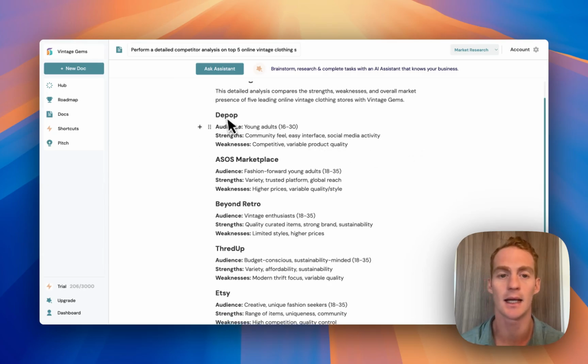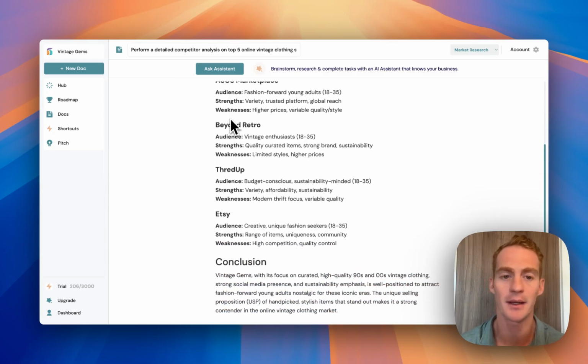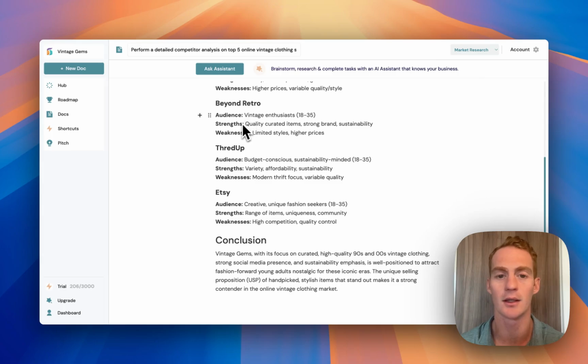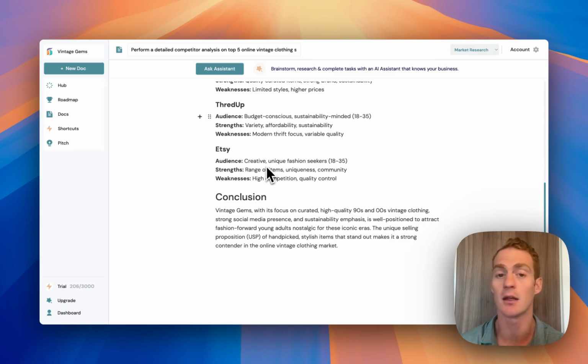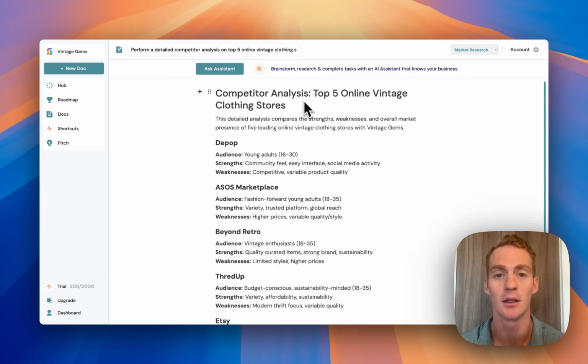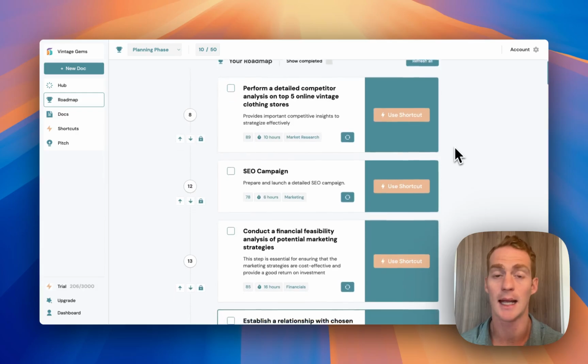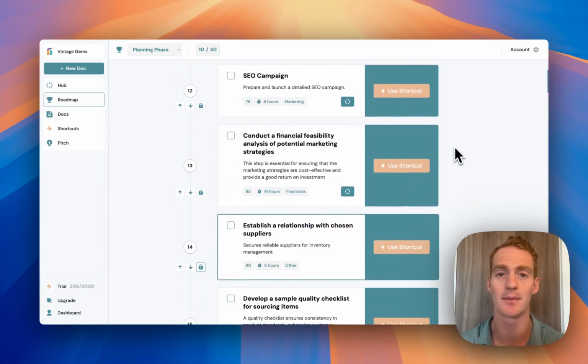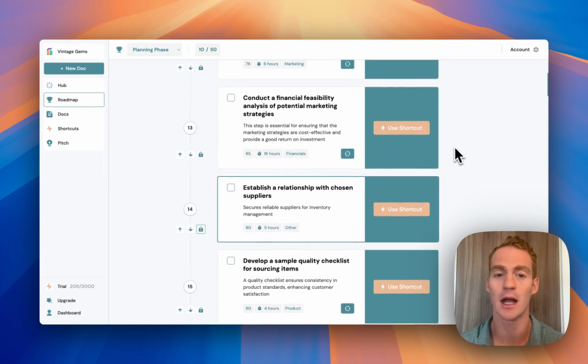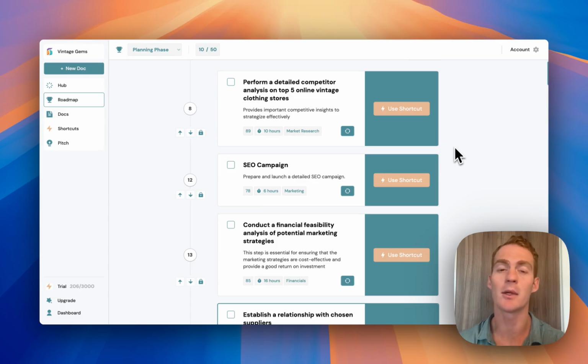So in this case, it has identified these 5 competitors. It's given some strengths and weaknesses, and it's taken me to the doc, which is my new competitor analysis doc. I can use shortcuts for any of the steps in my roadmap, and it's going to help me create a doc to get started on that task. So that's probably the most common way that you'll be using shortcuts in the Bizway platform,